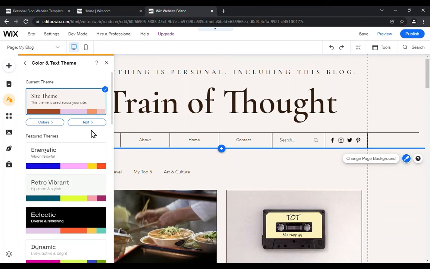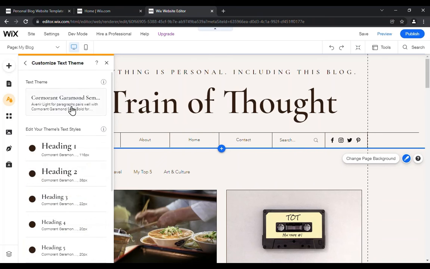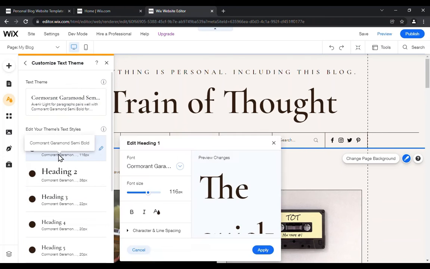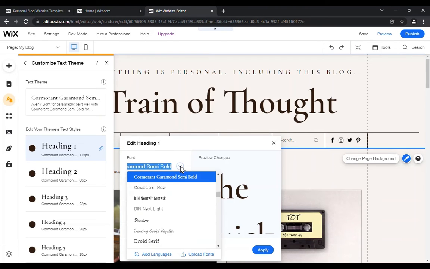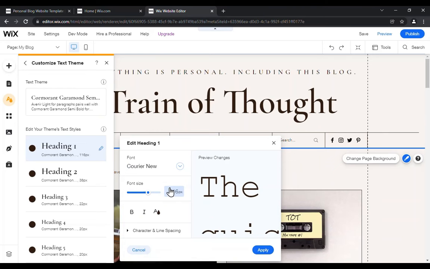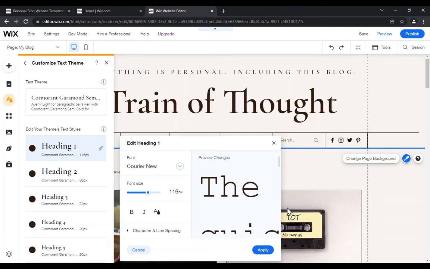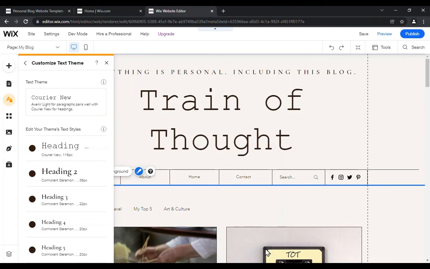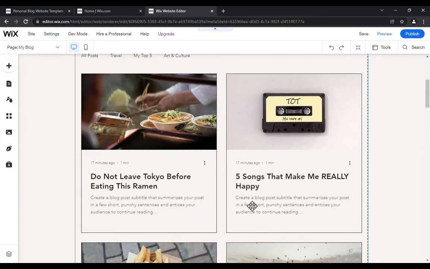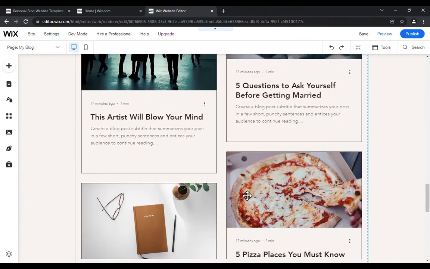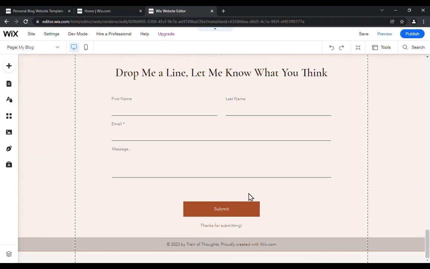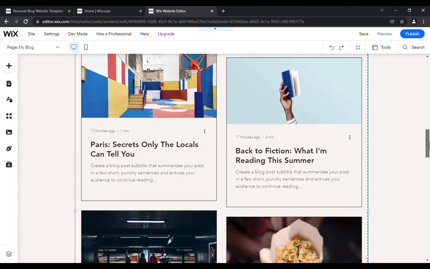We can also change the font size or the style of heading of our font. So the heading is going to be where it says train of thought. And if we change it to a different font, we can preview it on our little side menu and then click apply, and it does apply it to our web page. It looks like that may be the only heading in the theme on our web page,